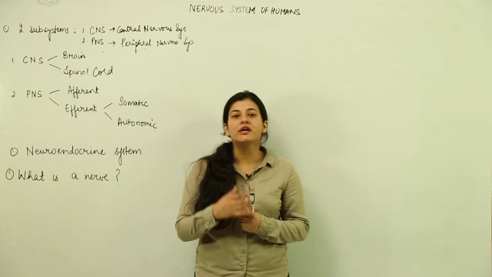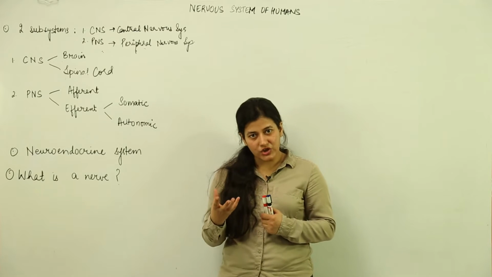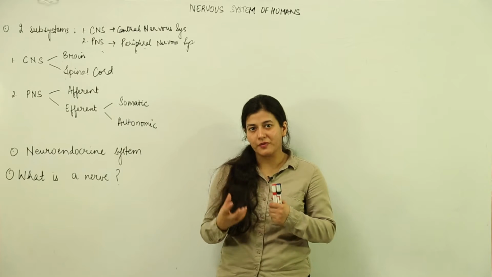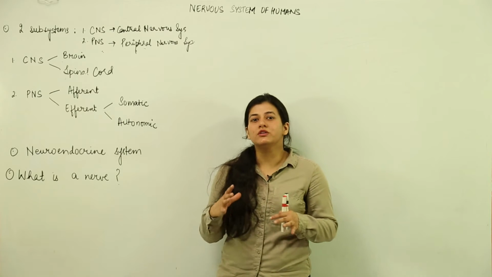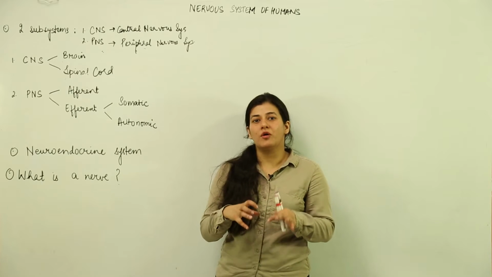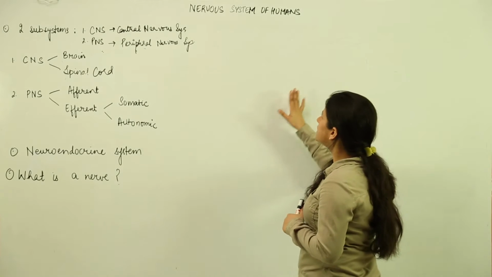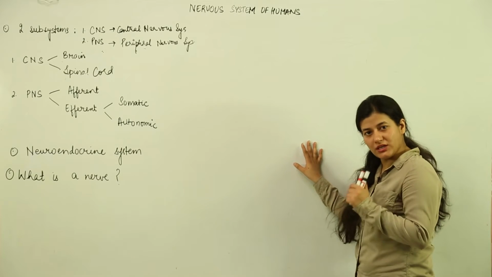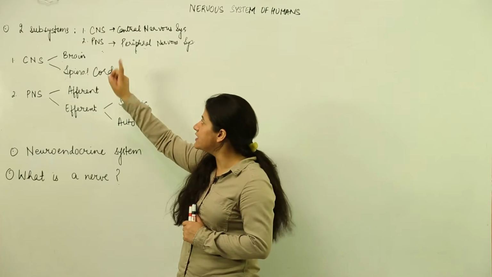Also you know that it is the neuron cell or the nerve cell which is the basic fundamental unit which would be carrying out all the functions which are necessary for the nervous system. So next we are going to see how those fundamental units unite inside a system component and work together. So there are two subsystems in the human nervous system. First one is the CNS and the second one is the PNS.